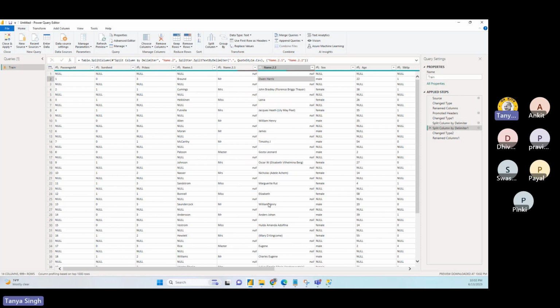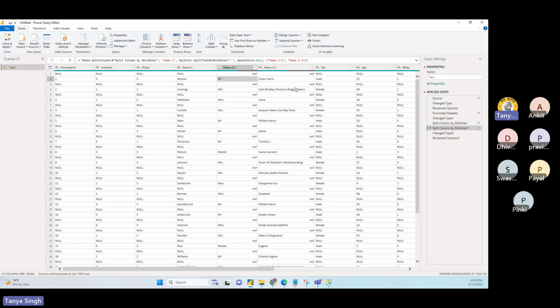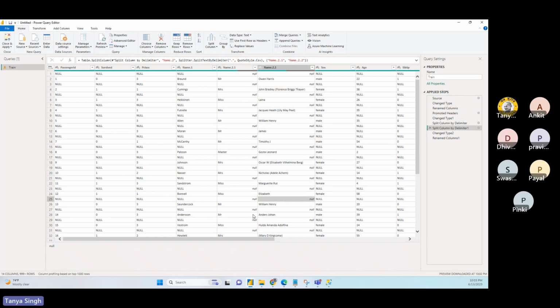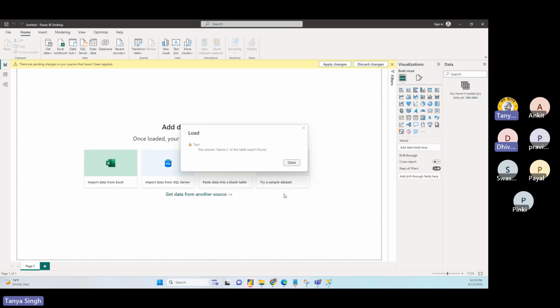The only takeaway from here is that's the way you do the cleanup, right? And you'll keep cleaning your data. Now you have a first name separate, your salutation separate, and your last name separate. Not rocket science, just a few clicks you need to know, right? And by practice, you will be an expert on that. Even if we have a million rows, this is the same way we have to follow.